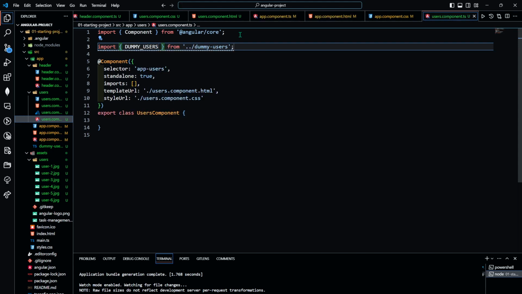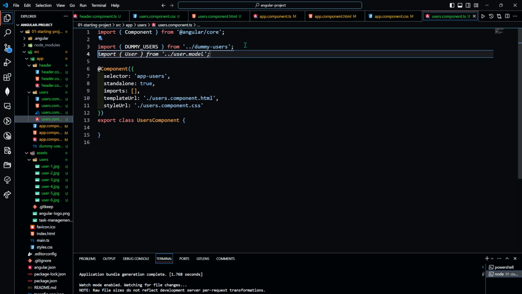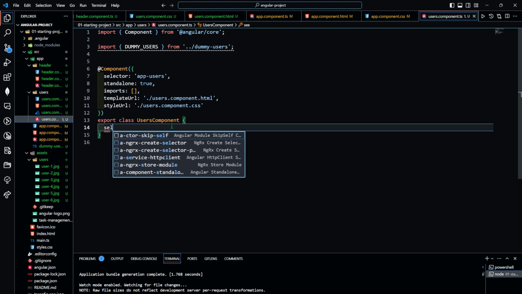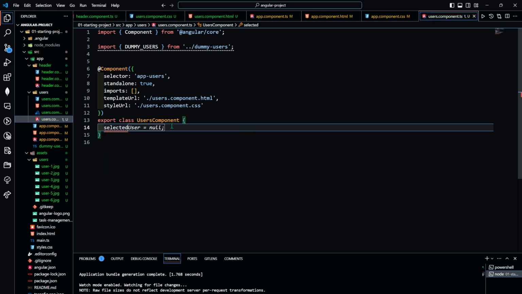Import dummy users from dummy users. Okay. This is done. Now what I have to do? I will just make a property. Suppose selected user